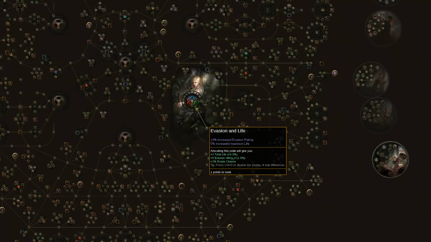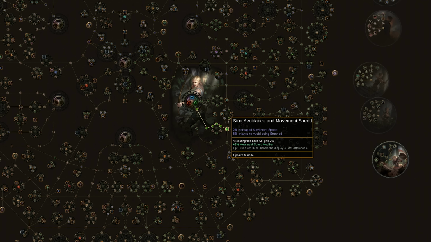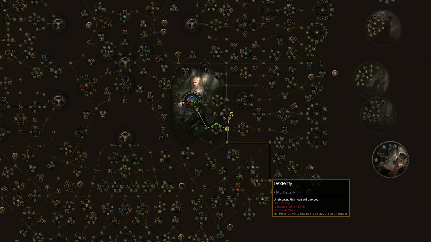Heading out of the Raider starting area, we're going to be moving down and grabbing all of those life nodes. They also grant us evasion as well, making them the optimal place to start. We'll also be grabbing Heart of the Oak for its defensive benefits and boost to our maximum life. From there, you're probably going to want to move down and right to pick up Primeval Force for a massive